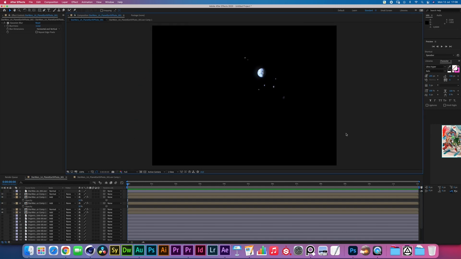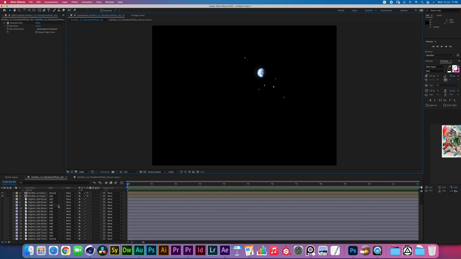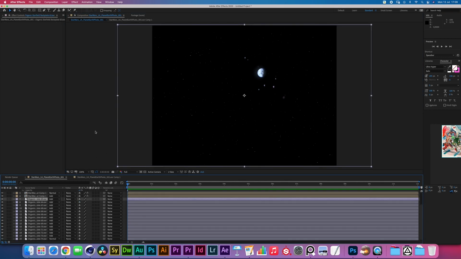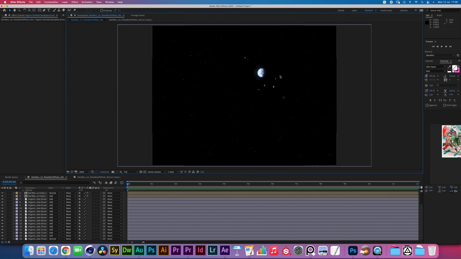Before we add our stars, let's say that if we have a shot of space where the planet would be this well exposed, you probably wouldn't see too many stars in your photograph. Depending on your camera settings, of course, and depending on how many filters you got in front of your lens, obviously your look would differ. This is probably what it would look like. Just the planet and its moons. But of course this is Star Wars, so we need a lot of stars, and you can't really have enough of them. We started off with 13 layers of stars, and each of these layers is a completely different positioning